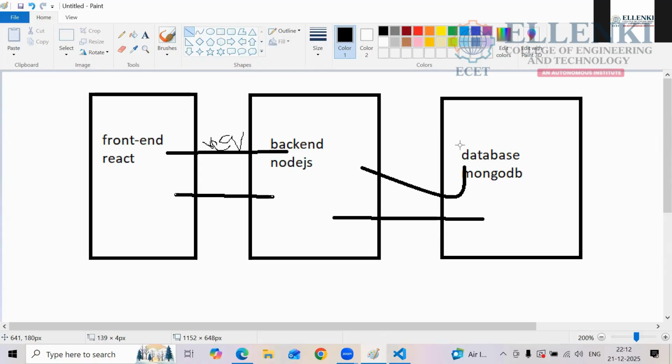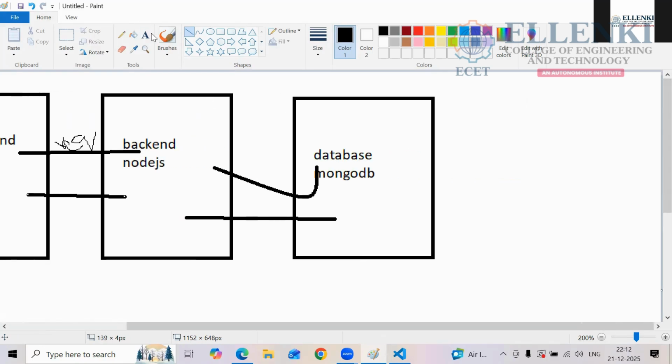Now tell me, how many types of databases should be here? How many types of databases are we having? In the MERN stack, we are having Mongo. Okay, now tell me, how many types of databases do you have here? I am asking how many, not the names. Two. Okay, what are those? We are having two types of databases, you are saying.